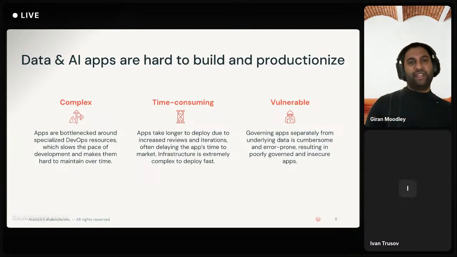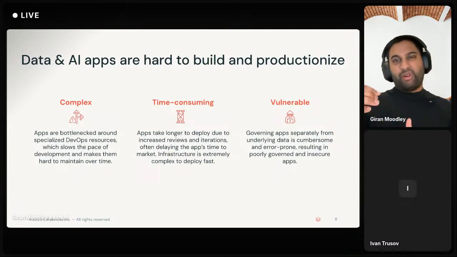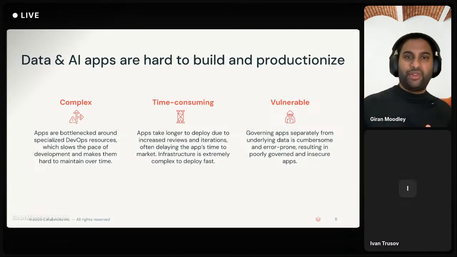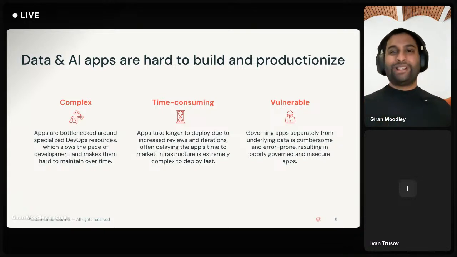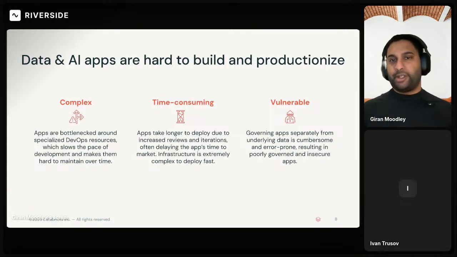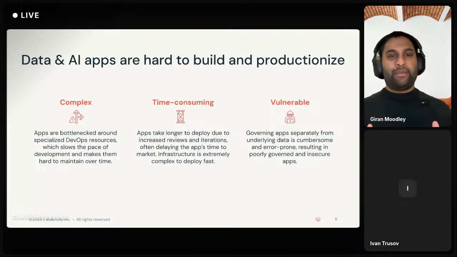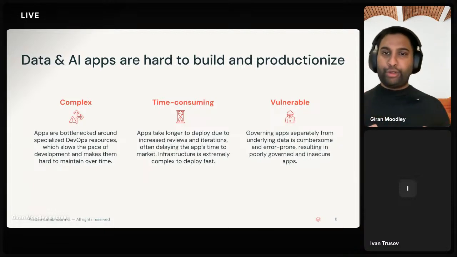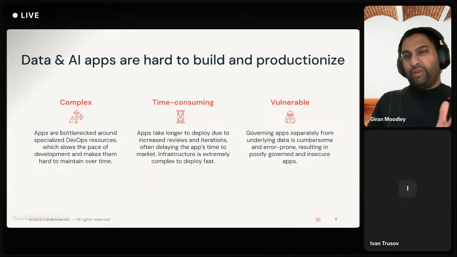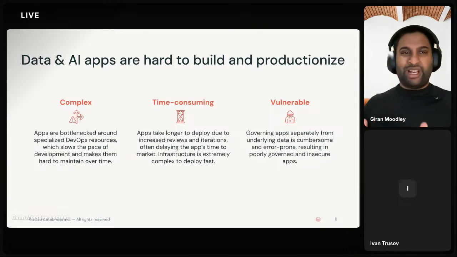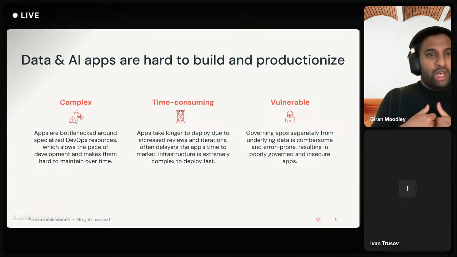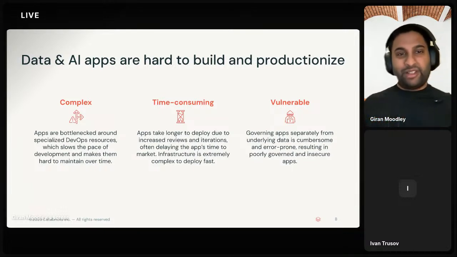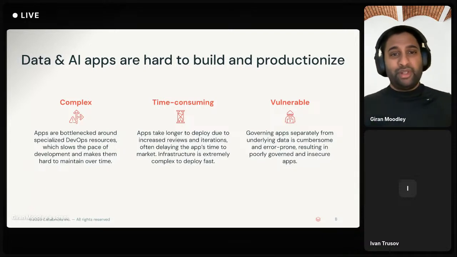And like all amazing feats, the reality is that the path to this greatness is not quite straightforward. Creating consumer-grade data and AI applications can be incredibly difficult to build, test, deploy, and operate in a production setting. Typically, these apps require specialized DevOps resources to build out the environment from the infrastructure, and do a lot of testing. And this actually increases the stakeholder management between teams and slows down the overall development process. I mean, for those of you on the call, if you've ever worked in an organization trying to get, let's say, a VM instance, and that takes 3 weeks just to put something in development, you can understand this pain.